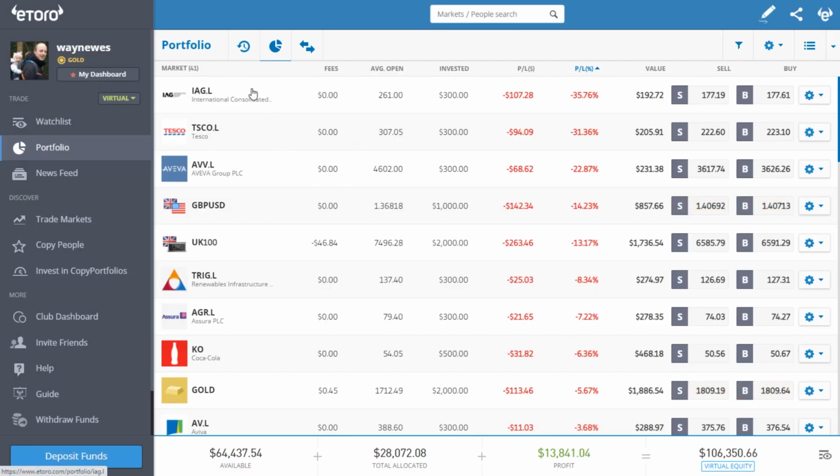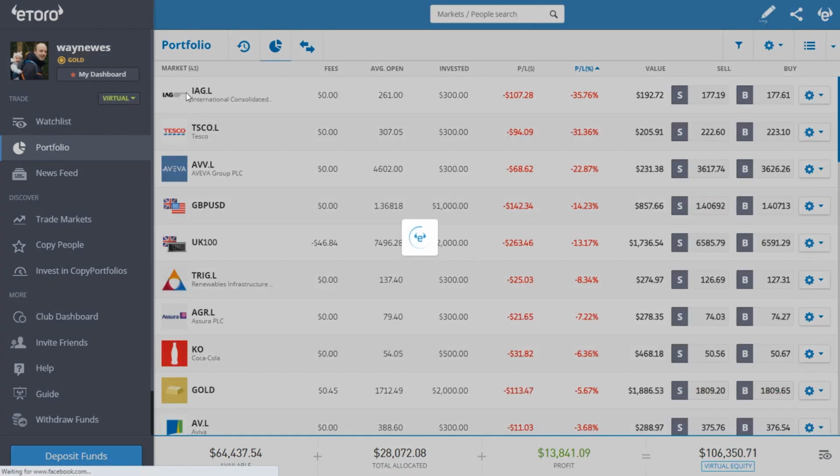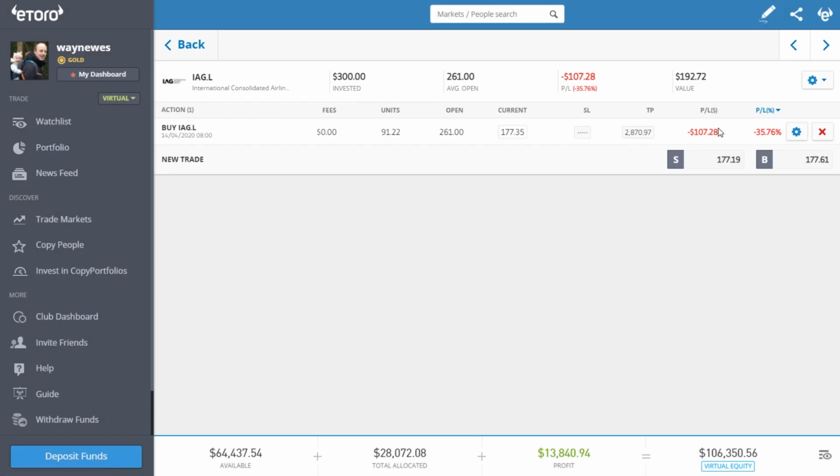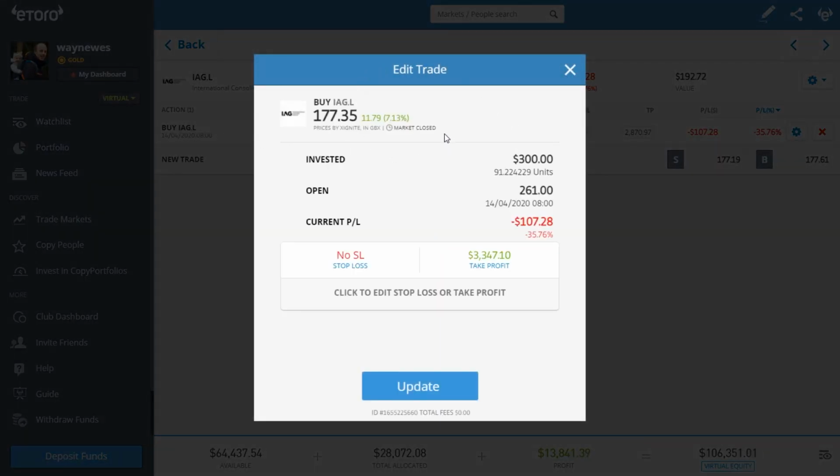What we do is go to the position that we already have, if you want to edit an existing position. Click on that actual trade and that will allow you to edit the trade. Here we can see at the moment we have a ridiculous take profit and no stop loss, which basically means the only way this position is going to close automatically is if the company goes completely bust, or if it goes to such phenomenal growth that I'm going to make 11 times my initial investment,